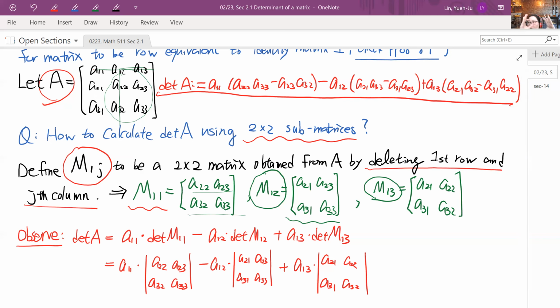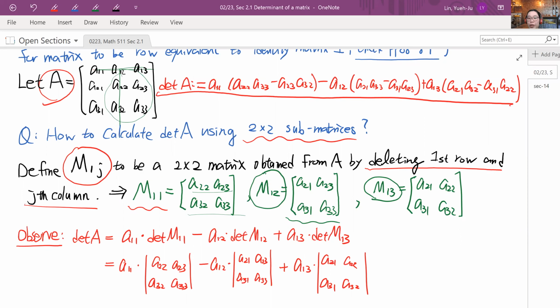And you will be left with another 2x2. You might wonder, can this type of notation, capital M, be generalized to any row and column? You actually can. Later on, you're going to see you can define a general capital Mij, meaning you get it from A by deleting the ith row and jth column. But right now I want to fix one index,